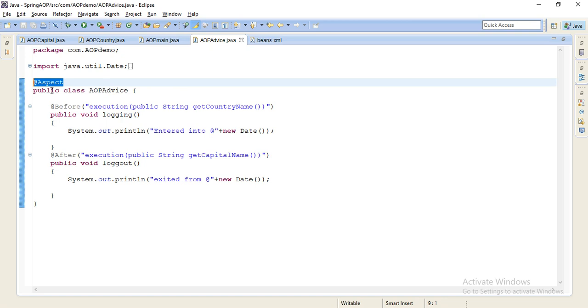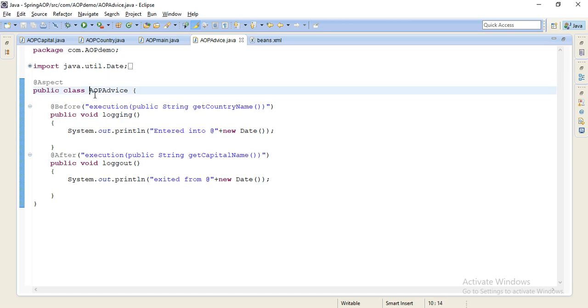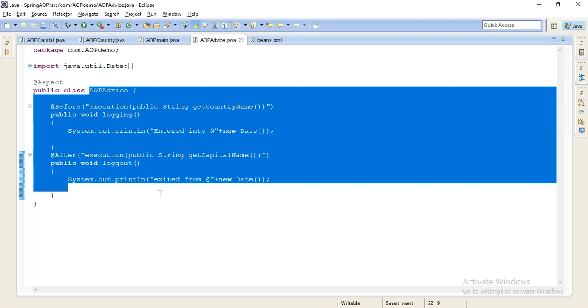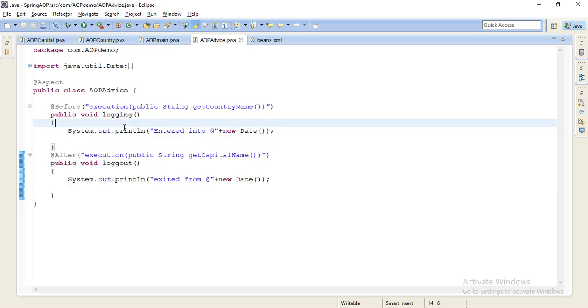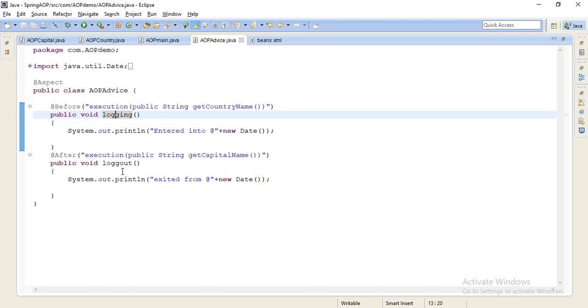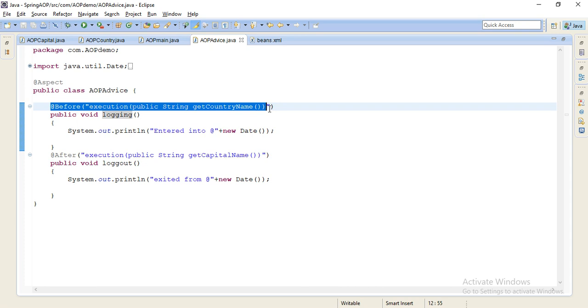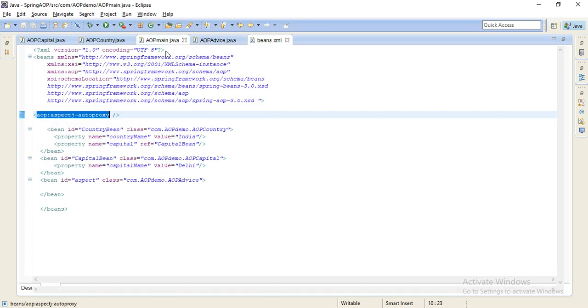Wherever you find this aspect keyword, you will execute this file. The logging method is there, the logout method is there, and the logging method is invoked before the method. So let's go to your main file.